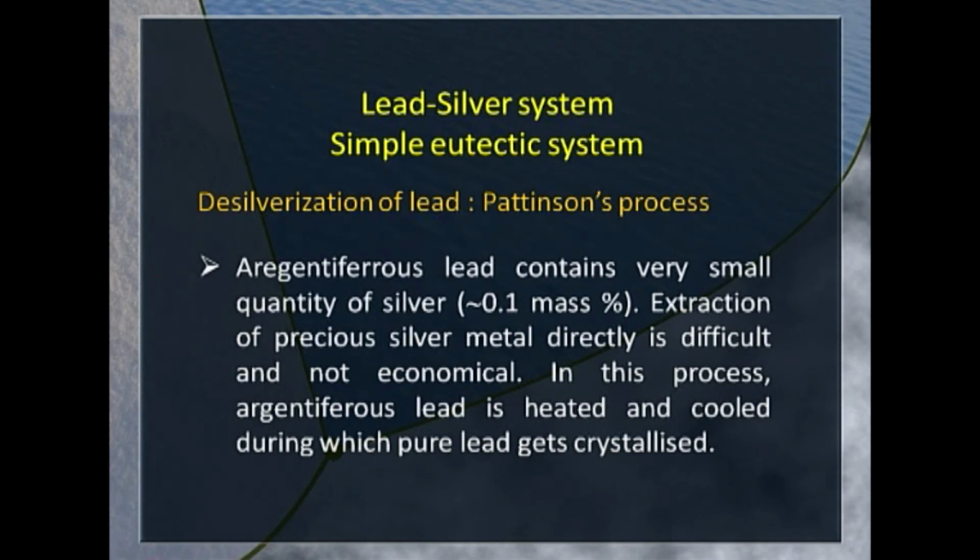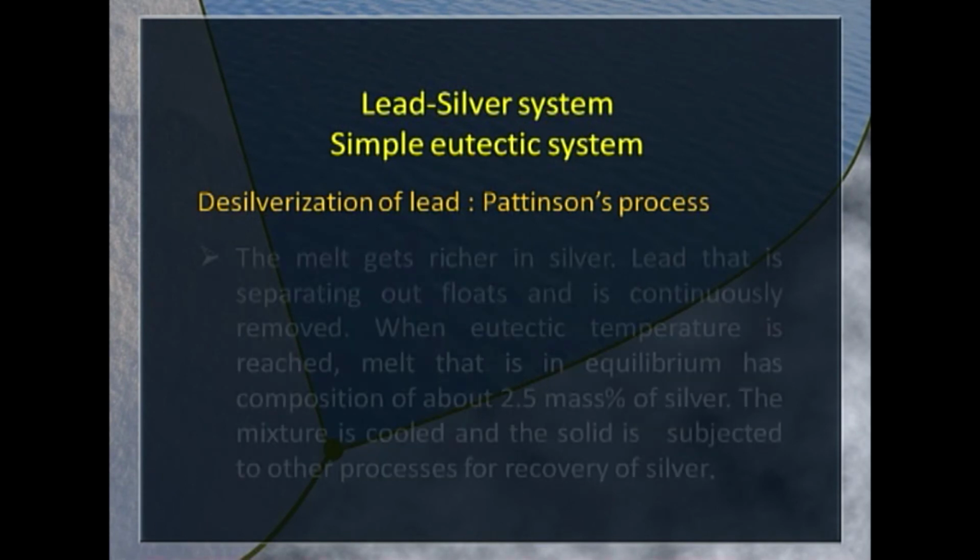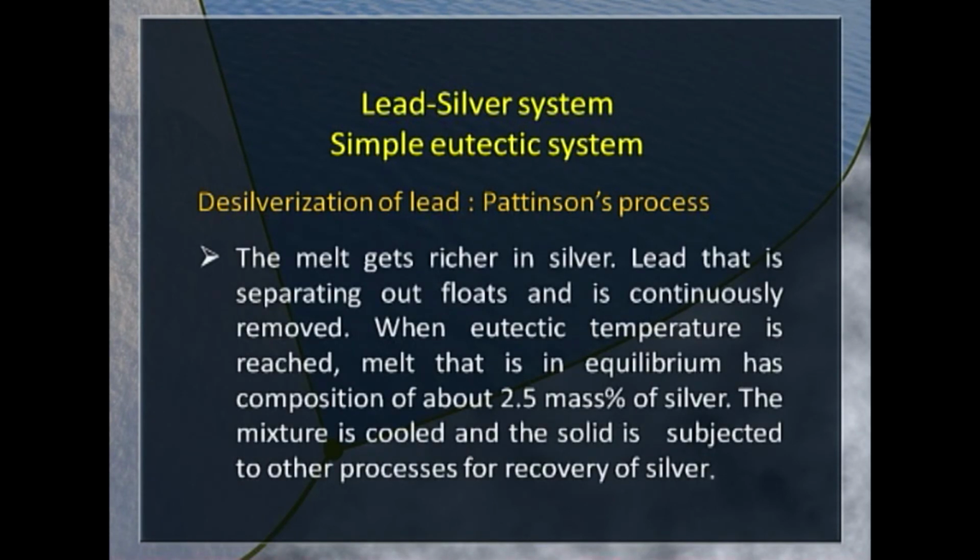In this process, argentiferous lead is heated and cooled, during which pure lead gets crystallized, and lead that has separated can be taken up continuously. Melt that is present as lead gets separated, that becomes richer in silver. And if you look at the composition, ultimately that reaches the eutectic point where the composition has become much richer in silver, that is about 2.5 mass percent of silver, which can then be subjected to other procedures and processes